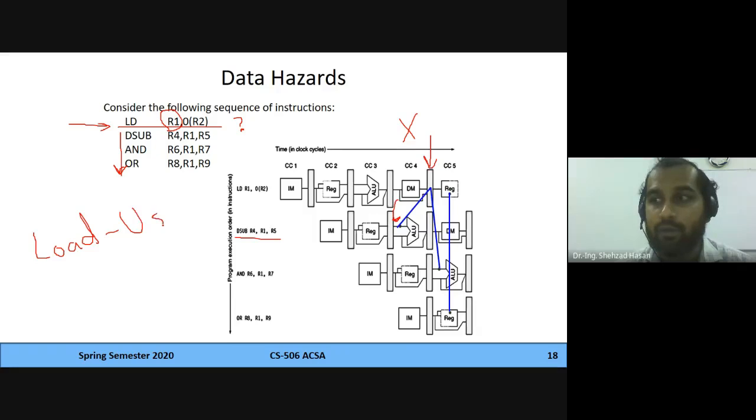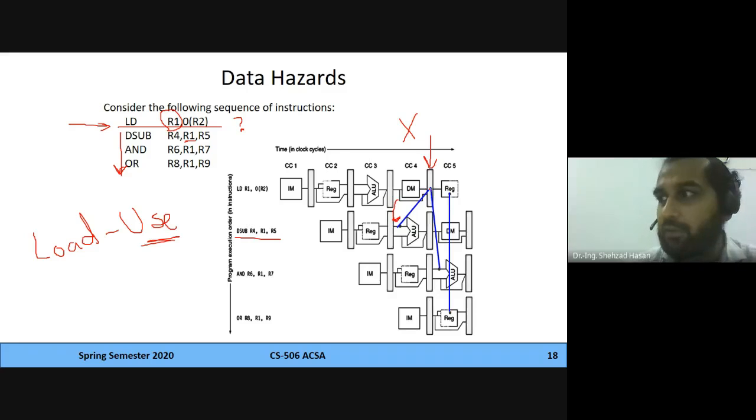We call this a load-use hazard, meaning that a load is going to produce a result and some other instruction is going to use that result in its execution stage. This is implicit here: the next instruction uses it in its execution stage. In the previous example, the load produced a result and the store used it in its memory stage, and there was no problem if we had a MEMWB to memory forwarding path. But in this case, if the result is used in the execution stage, forwarding cannot help you,